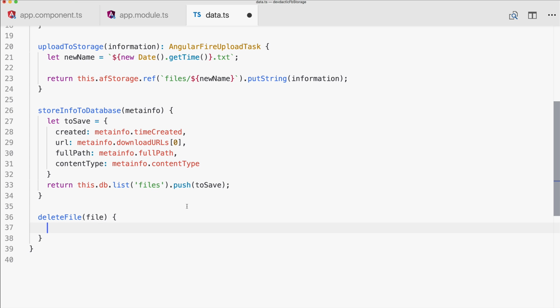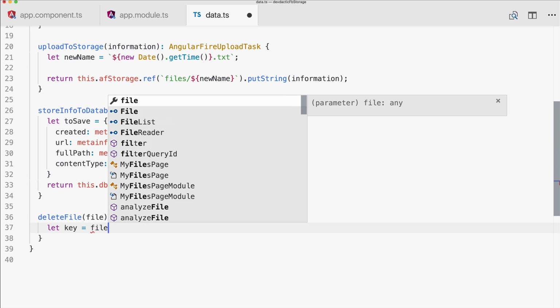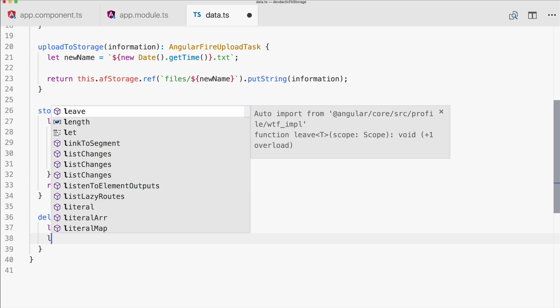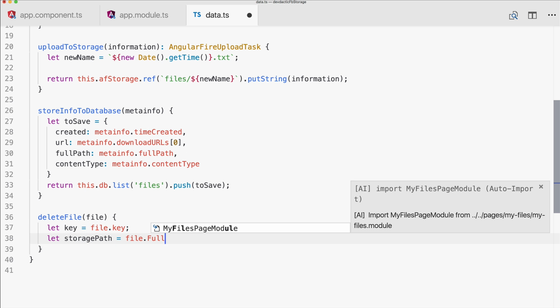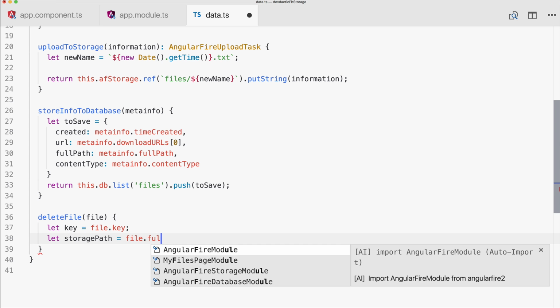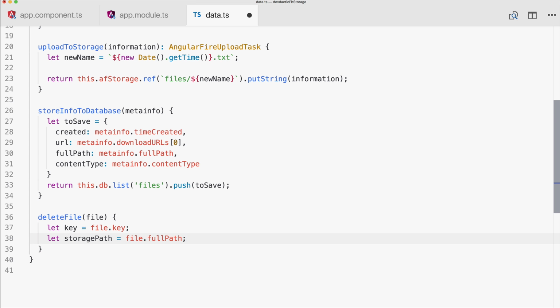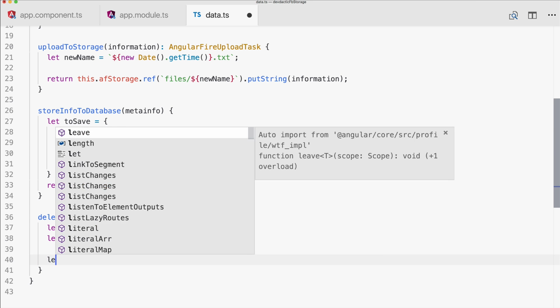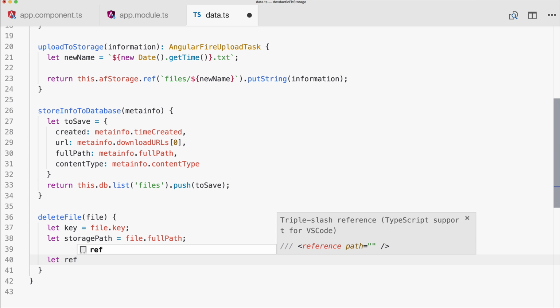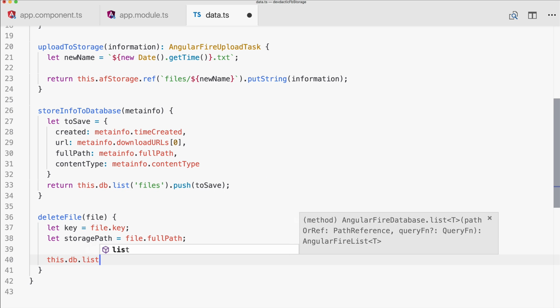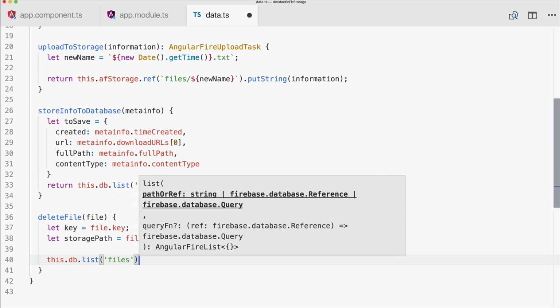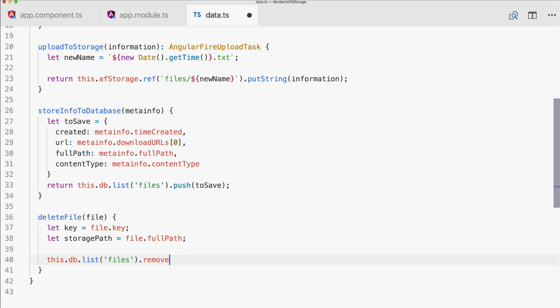So let's add delete file. We need to retrieve the key, and we also need the storage path, which are both inside our object that will be passed to this function. Now with those two pieces of information, it's really easy to delete it. Get a reference or do it in one, doesn't really matter. This database list, add files, and then call remove with a key. So this removes